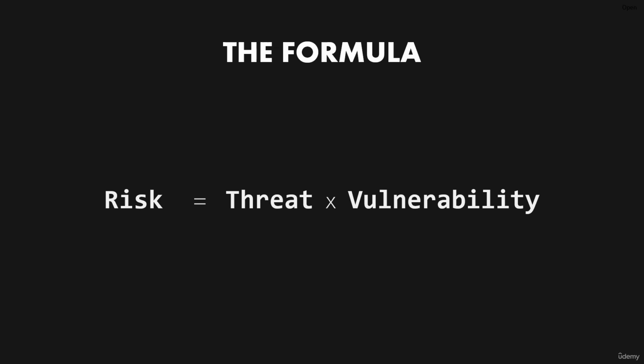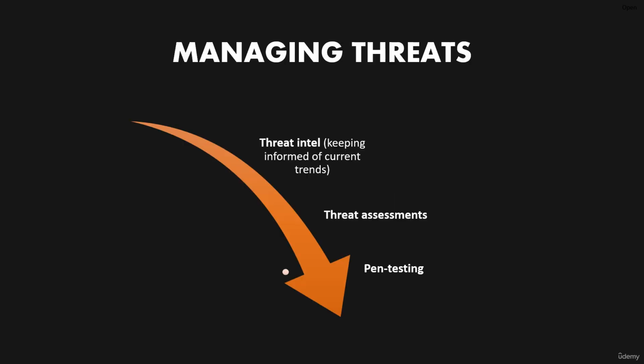What this formula illustrates is that if one aspect of risk, such as threat or vulnerability, can be brought down to a manageable level, the value of risk as a whole also gets reduced. But how do you reduce threat or vulnerability? You can't actually reduce threat as it is an outside factor, but you can get the threats applicable to your